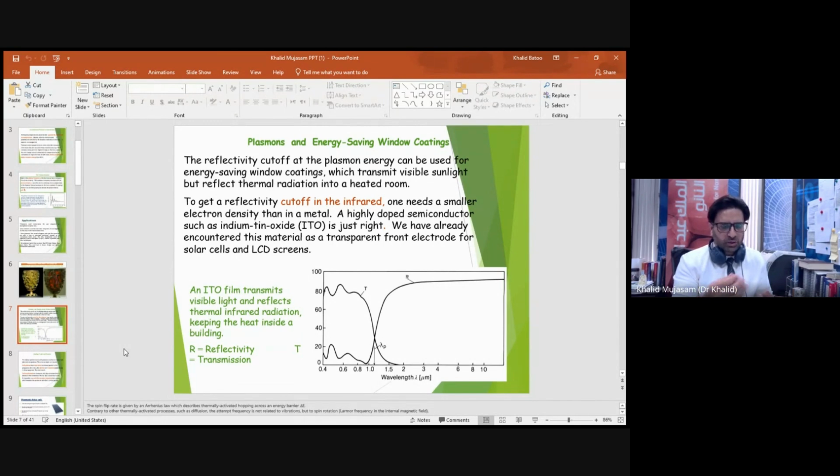For example, we are using it on the surface panel of the solar cells. We are using them on the LCD screens. And if you touch the top of the LCD screen, somewhere you will find it is a little bit warm. I may not say it's very hot, but it's warm. That means that the heat energy is reflected in the medium where you are sitting, and